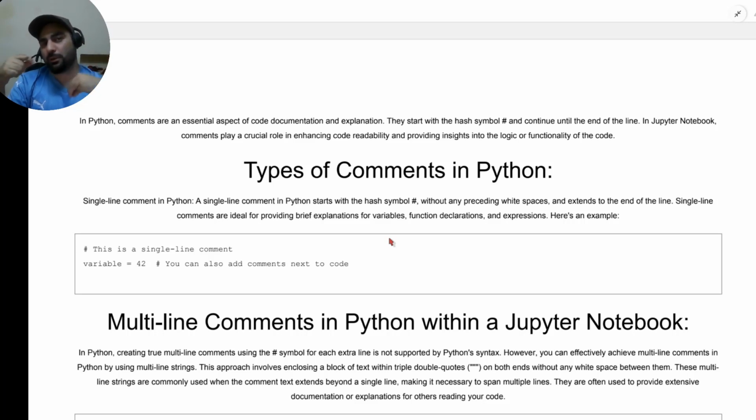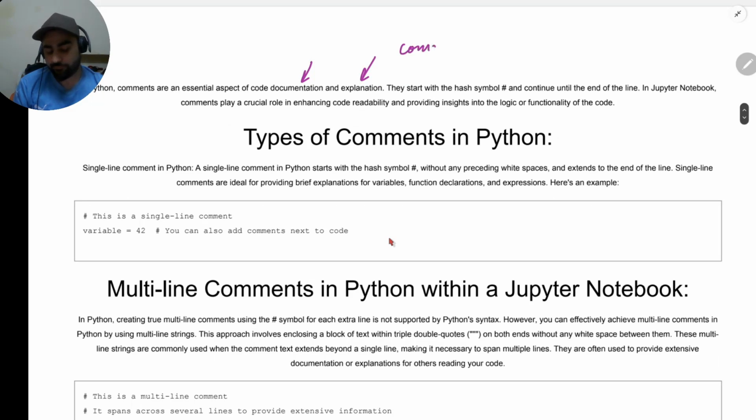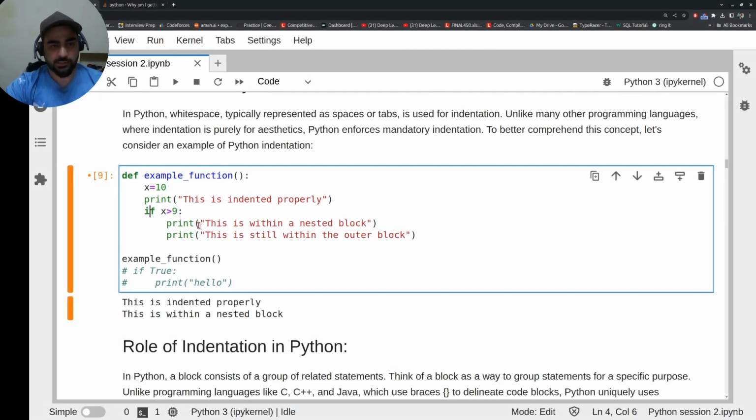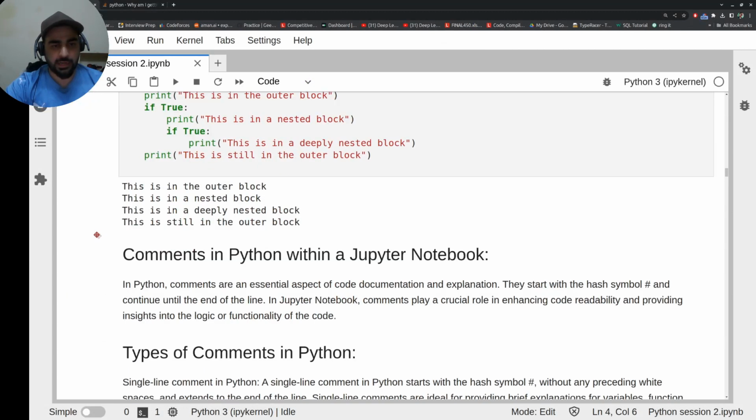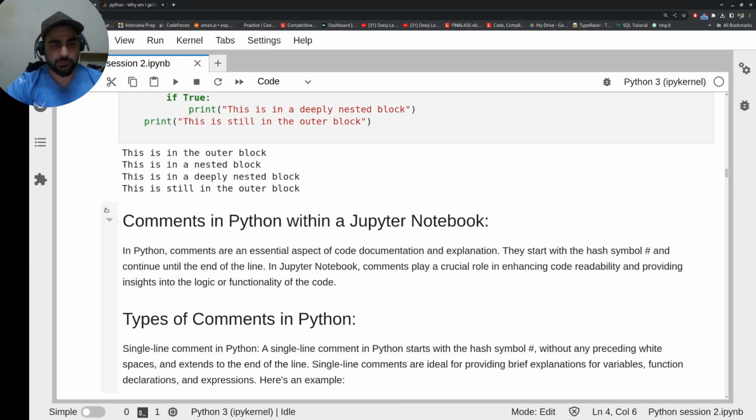Otherwise the problem could be that if a lot of people went to use this code, it is not actually understandable directly. So there must be some documentation and explanation given. That's given by comments. Comments are useful to us where we want other people to read our code. So if I am going to do some work, for example, if you see this screen, I'll just write a code in here.